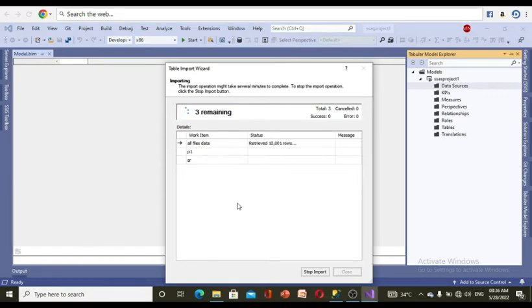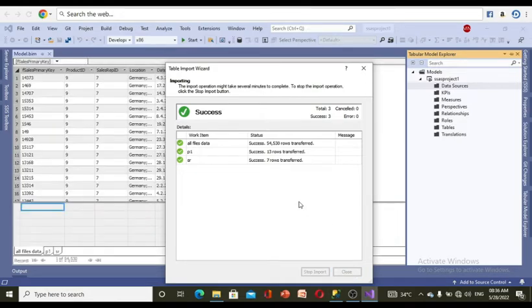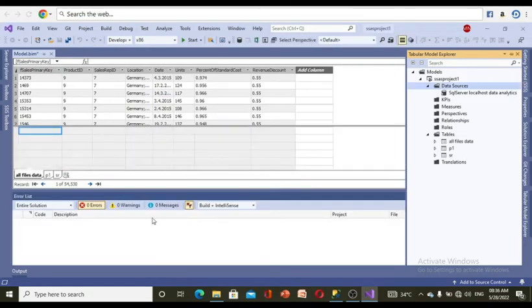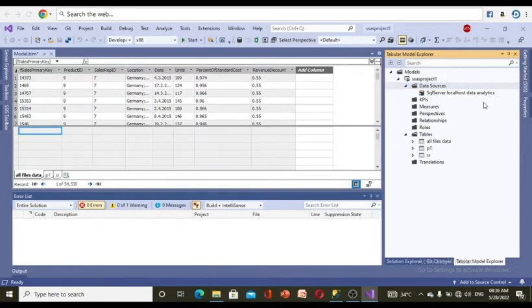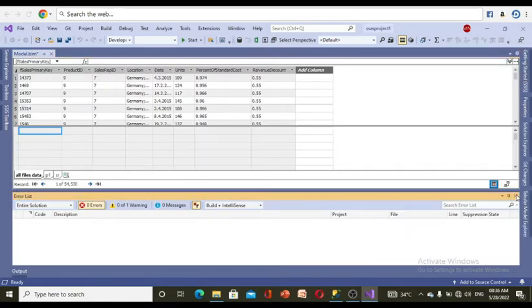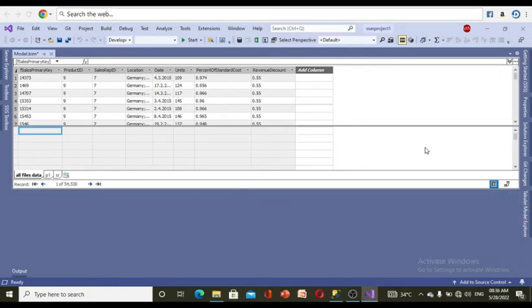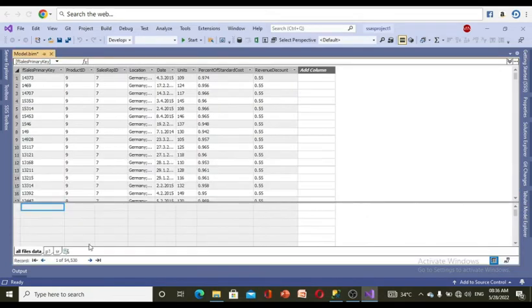So this is the thing. Now close this one. So it will be closed. See here, three tables: all files data,